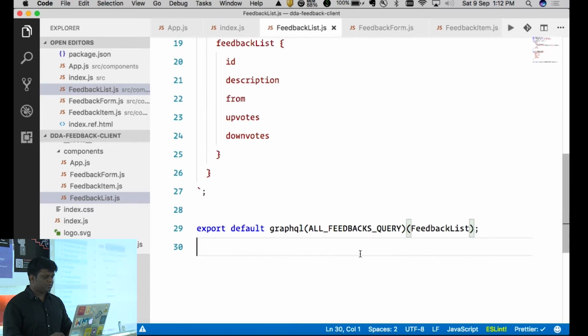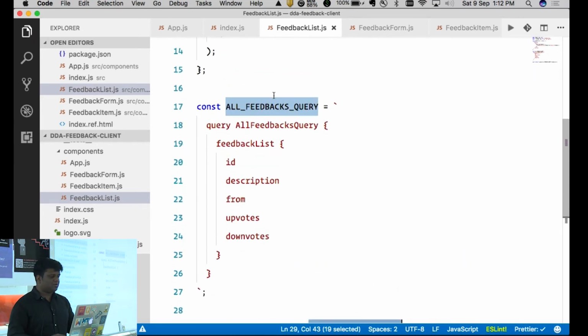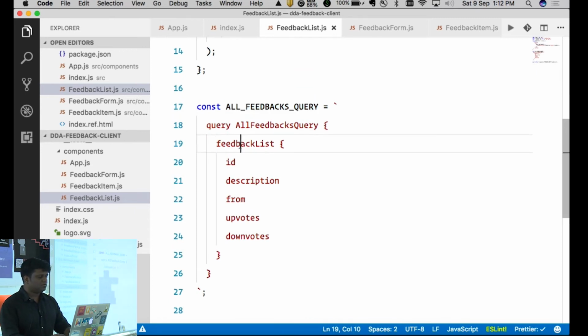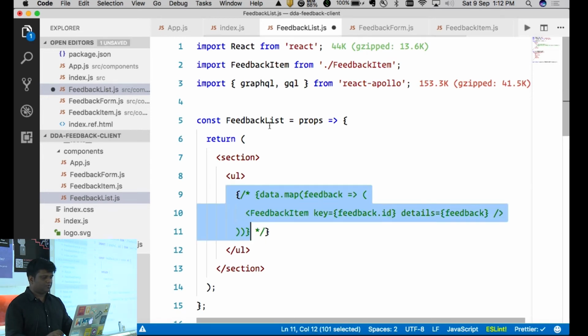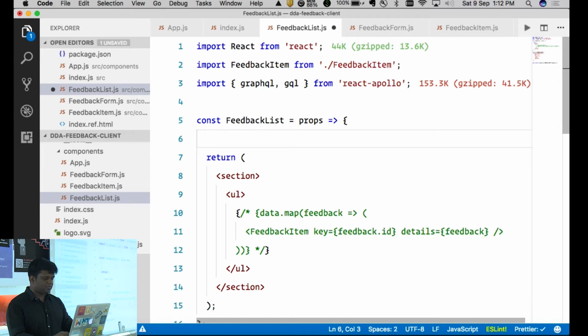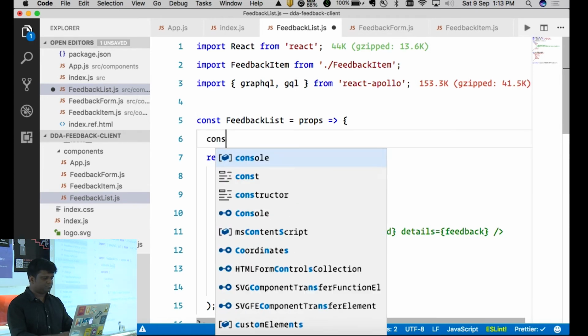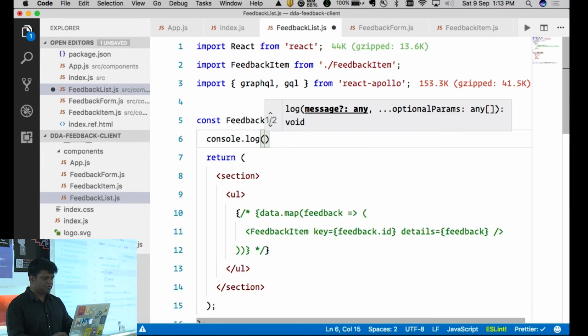So all feedbacks query, you have defined a query, you need a feedback list with the list of items that you have defined. Now we have to replace this with what you get from the props. So if I simply console.log what I am getting in props,